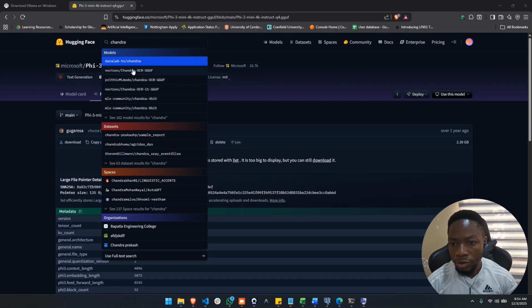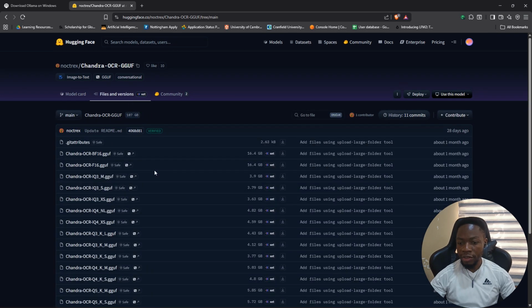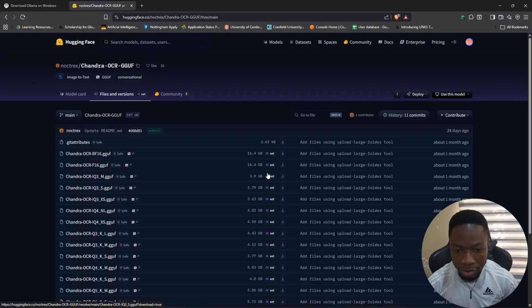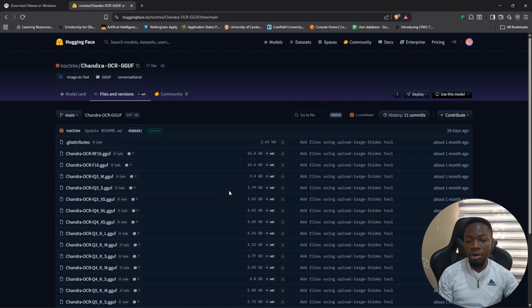So you can see Chandra OCR, the GGUF model. I plan on downloading this model later, and I'll use it for the OCR task that I have. So there are different versions here with different sizes. Always take into consideration the size of RAM you have, right? Any of these ones here, you can see 4.8 gig. I have 32 gigs of RAM. So if I free up all of this, or if I close most of these tabs down here, I'll have way more memory to be able to load this model into memory and then run